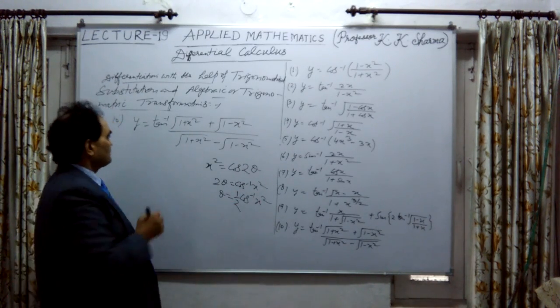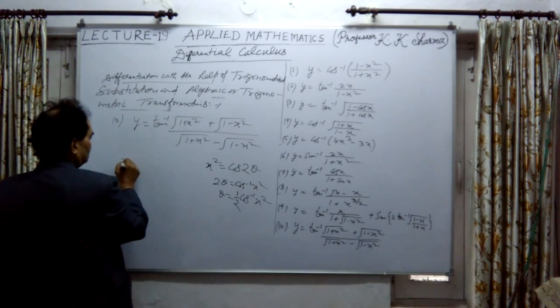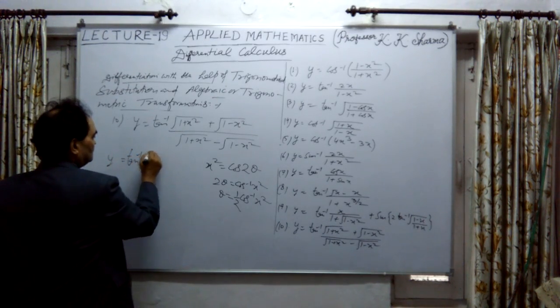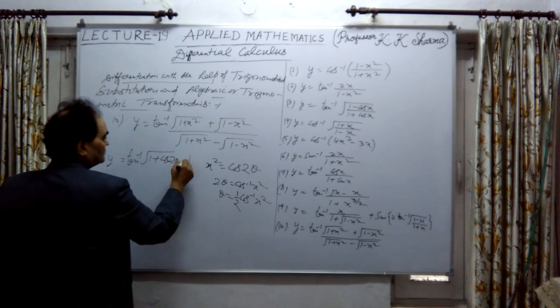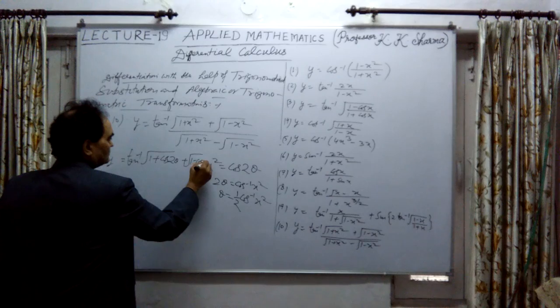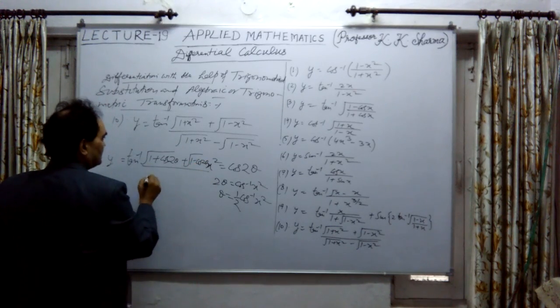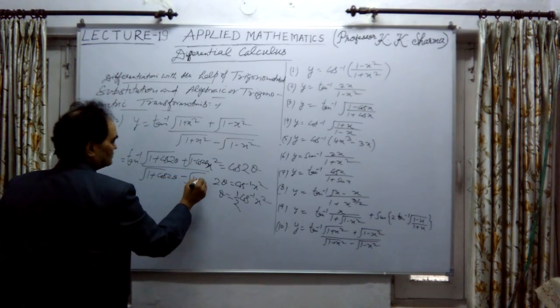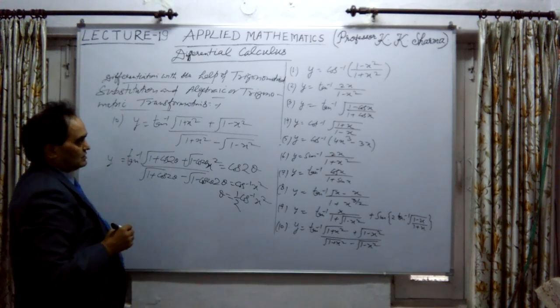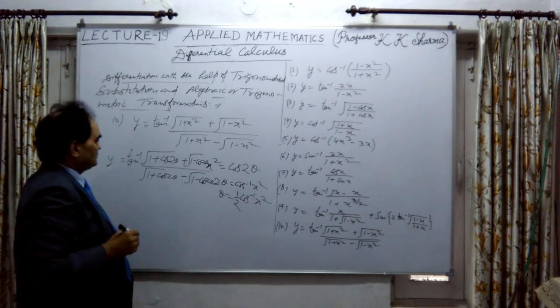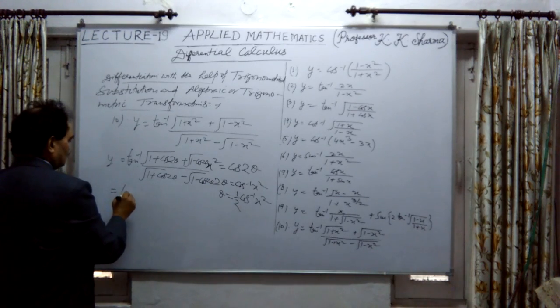Okay, substituting x square equal to this, we get y is equal to tan inverse under root 1 plus cos 2 theta plus under root 1 minus cos 2 theta divided by, in the denominator, again under root 1 plus cos 2 theta minus under root 1 minus cos 2 theta. So we get what? Tan inverse